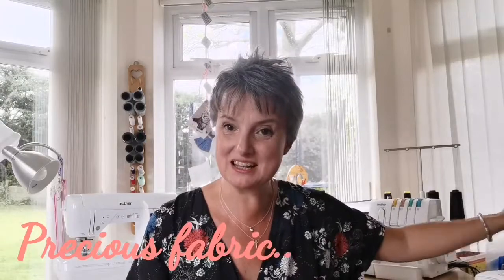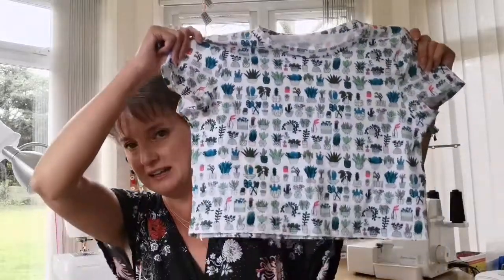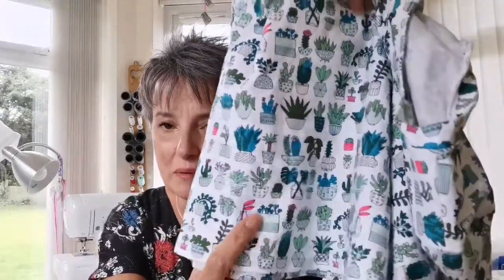Precious fabric, and why, is the next question. Now you'll think I'm a bit mad actually, because this is a top as opposed to a fabric, but obviously it was a fabric originally. This is a tiny little crop top that I made for my daughter, and this is the most precious fabric I've ever owned, because my daughter is mad about